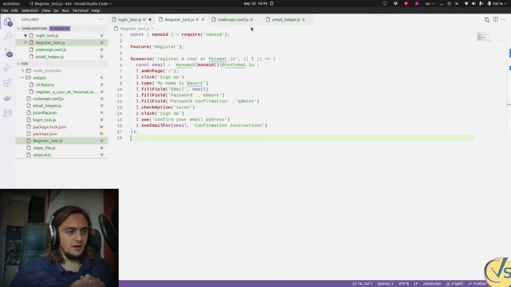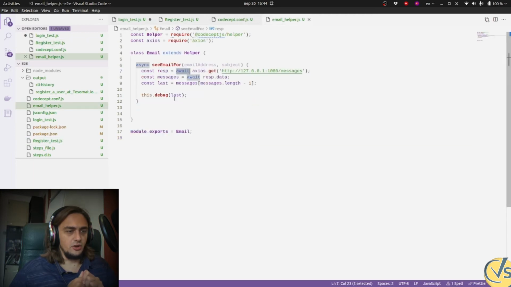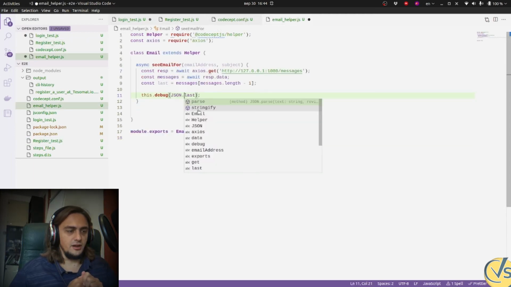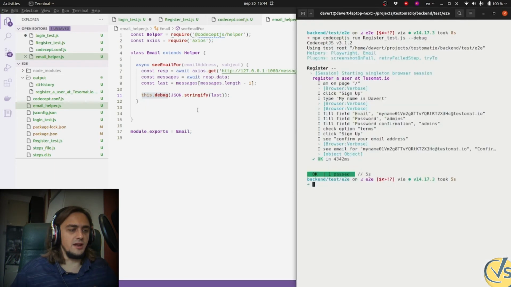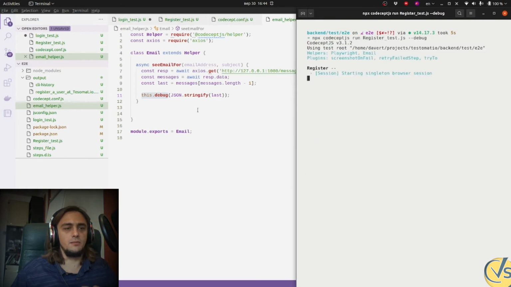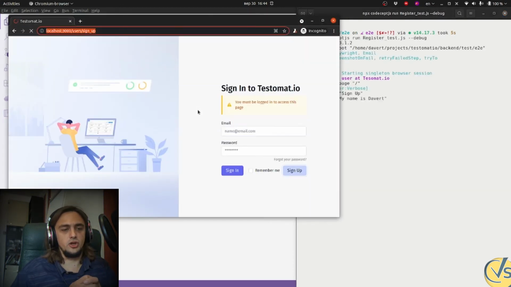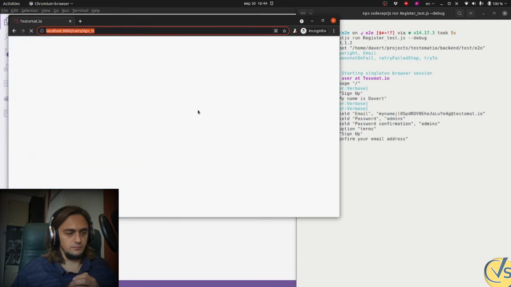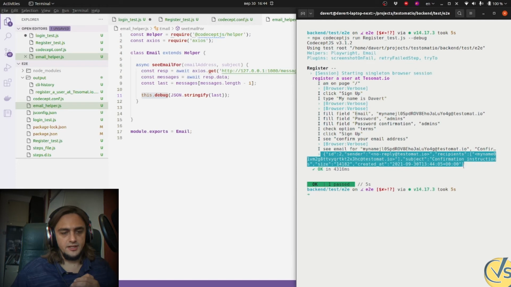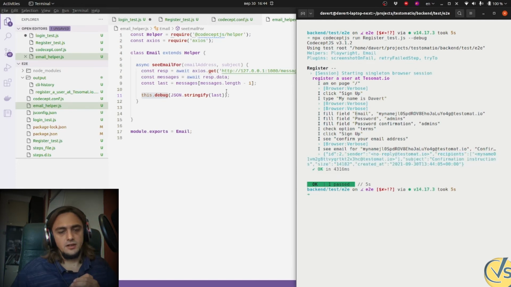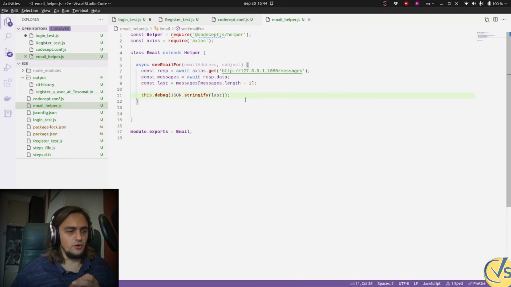I should have used a JSON stringify function to actually print an email to console. We use debug inside console log because we need this information to be printed only in debug mode, so it shouldn't be shown in CI. Let's try again. And it passed, and we received some information that we can use to improve our command